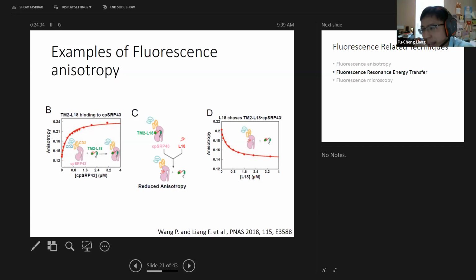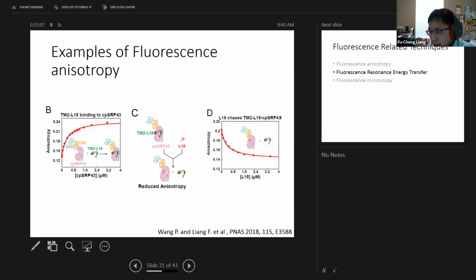But of course, people may argue on that. How do you believe this signal increase is representative of the binding? It could be some artifact, like some impurity randomly binding to your smaller ligand. This always happens nowadays. In peer-reviewed journals, if you submit that, the reviewers always criticize your data. And of course, I already know that they are going to criticize it, so you need to do some control experiment. One way to further test this result is we can preform a complex,